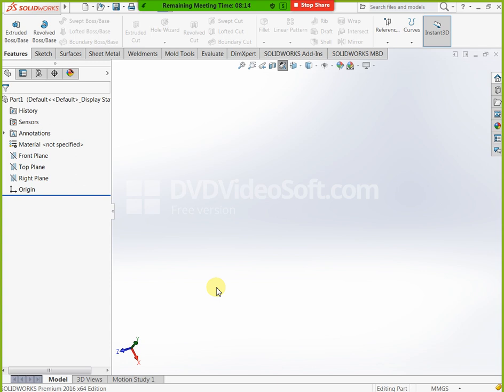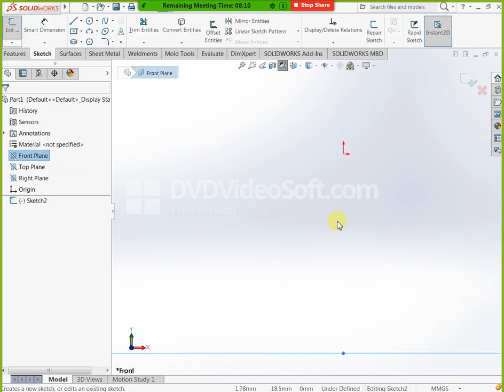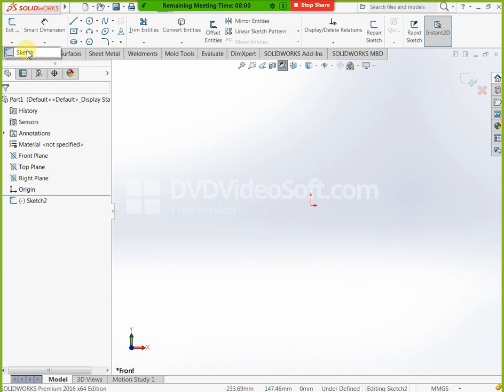Okay, next, here we have our sketching tools. In these sketching tools, first sketch is present, and we are using sketch. Next, here we have dimensions. When we are applying dimensions after sketching. Here, all of these are draw tools or sketching tools. Which tool you need, you can select that tool and use it. Here we have line, rectangle, and so on. I need a rectangle, so you can specify your first point like this.